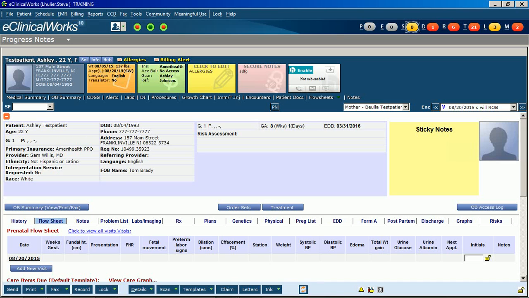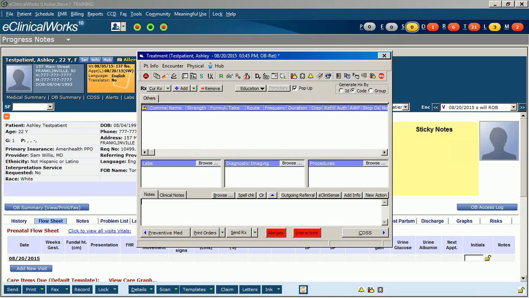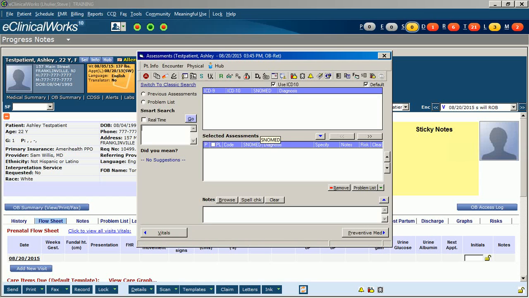What I can do is click on treatment, and then go up to my assessment icon, the DX, and this takes me to the Smart Search window. Now, this is a very similar process to when you would search for ICD-9 codes through this window. We just need to be specific in what phrases or codes we use to find the ICD-10 code that we want. So if I know that it's her normal first pregnancy and she's 8 weeks gestation, I can type out